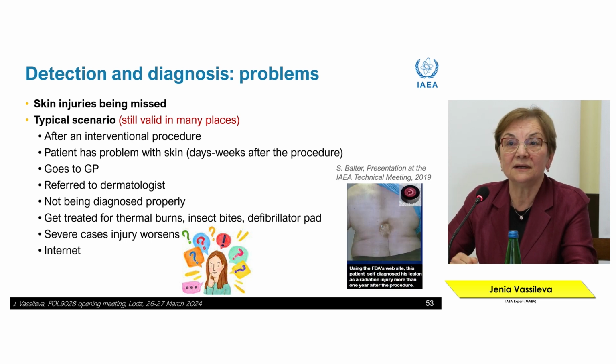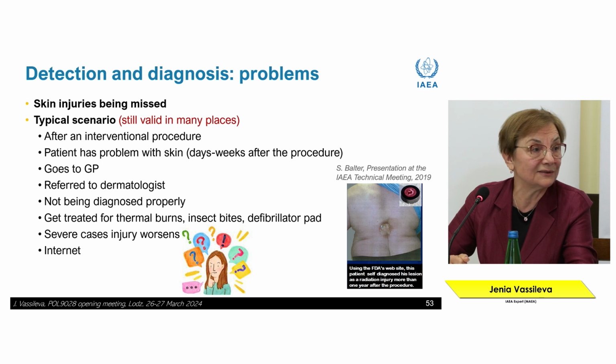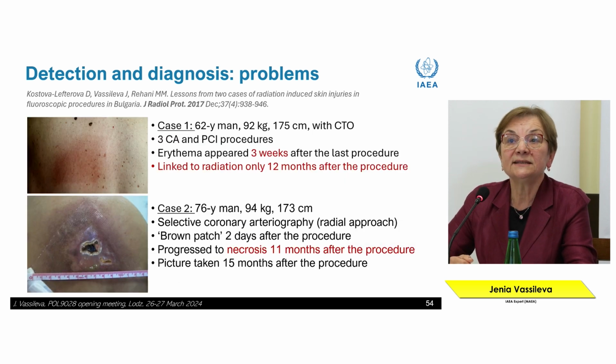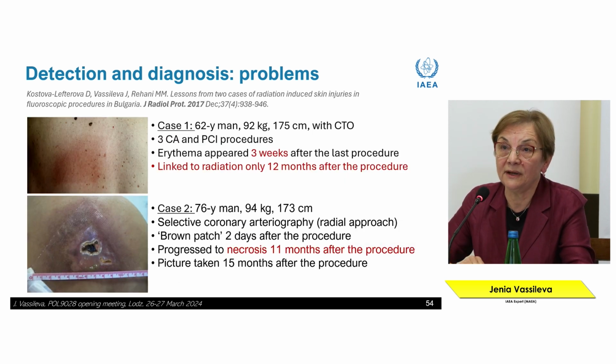Sometimes patients diagnose themselves using internet sources, like the case Professor Bolter presented in our technical meeting. This is a case where a patient found information on the FDA website and, in fact, self-diagnosed. These are cases from Bulgaria. I come from Bulgaria. This is a case of my colleague, a medical physicist, who came across these two cases